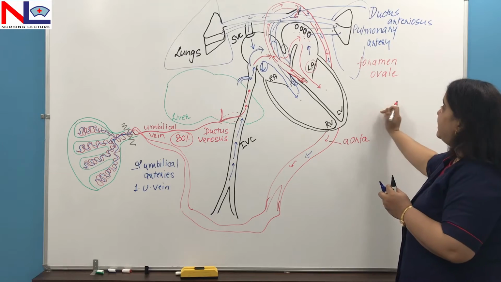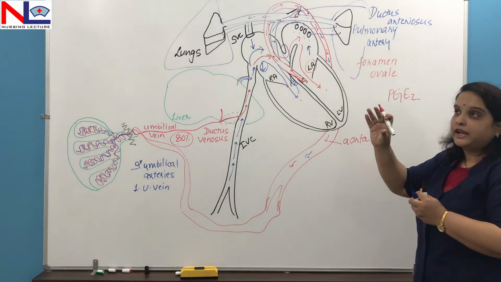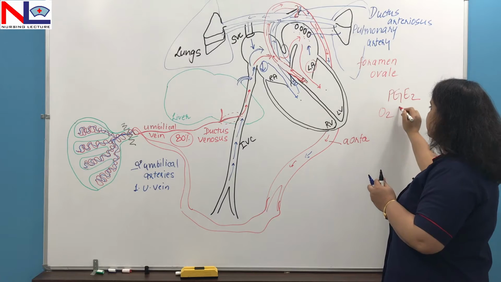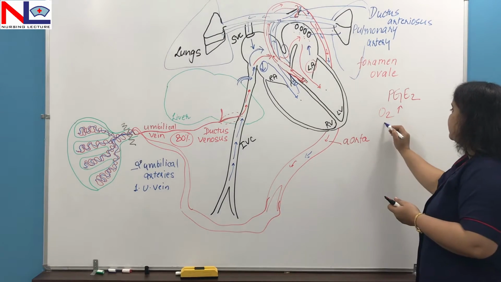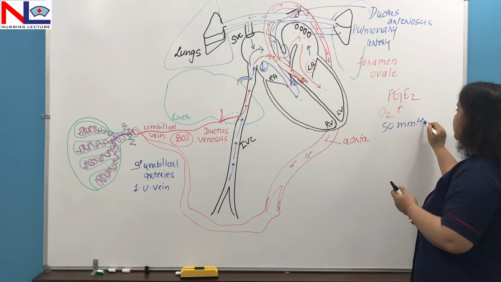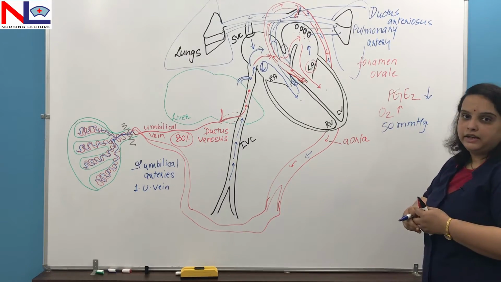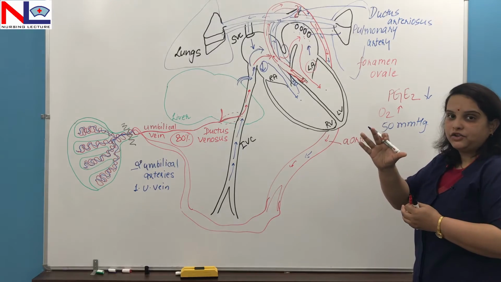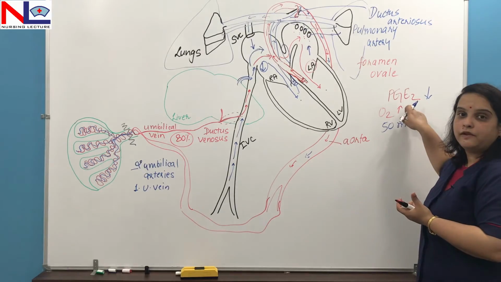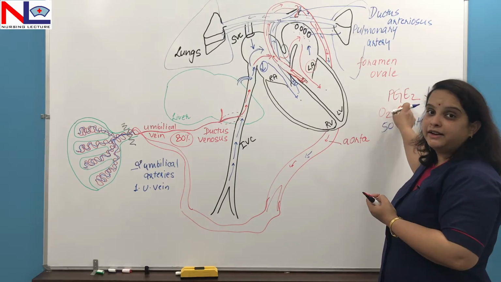During fetal life, there is prostaglandin E2 which is responsible for the dilatation of this shunt, and once the oxygen level rises, and the pressure of oxygen reaches 50 millimeters of mercury, then it becomes sensitized and it decreases the level of prostaglandin E2, which is responsible for dilation. So when the oxygen level is more, the prostaglandin will be released less, and by this less production of prostaglandin,